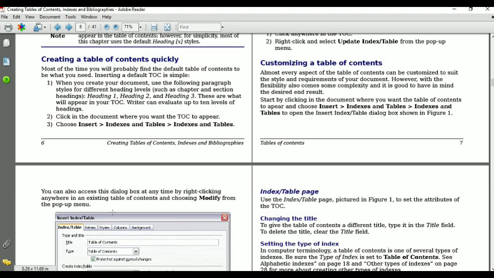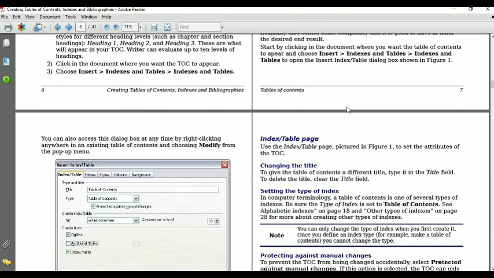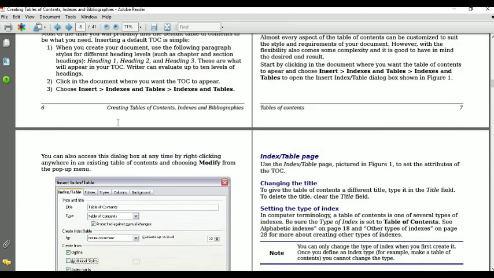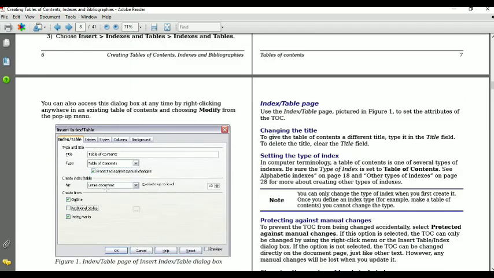Is it clear? Once you click on this, you will get the Insert Index/Table dialog box. From this you will insert your table, or if you want to modify it, you can modify it easily. Clear? Change the options, customize your table of content from here.